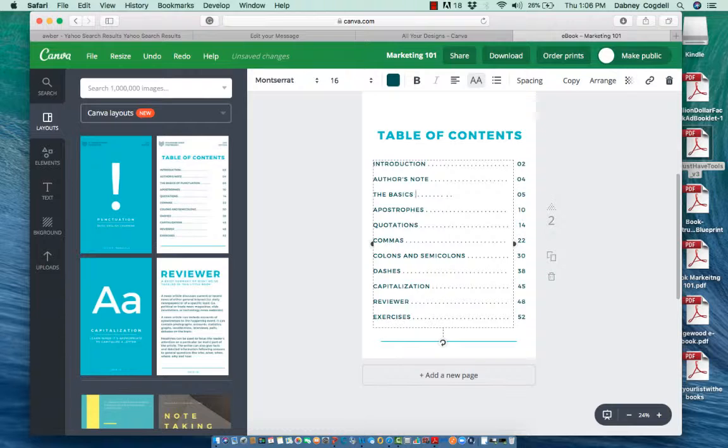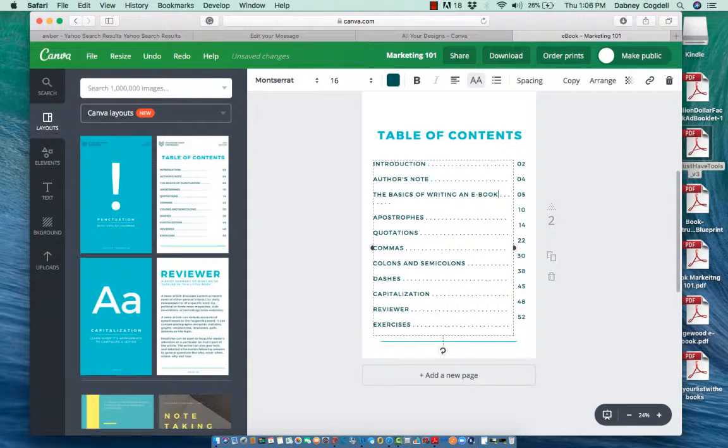and backspace. The basics of writing an ebook. And I might want to change this one to,